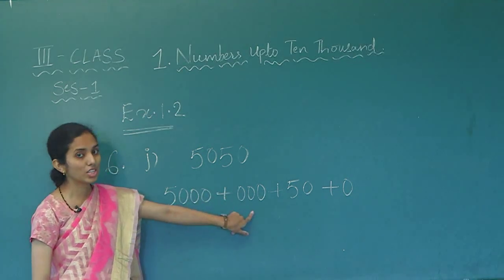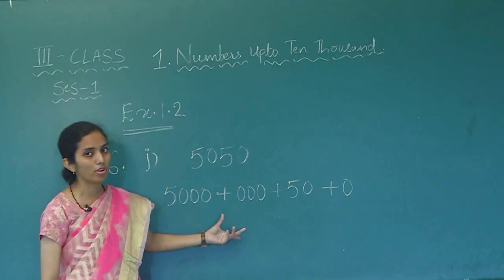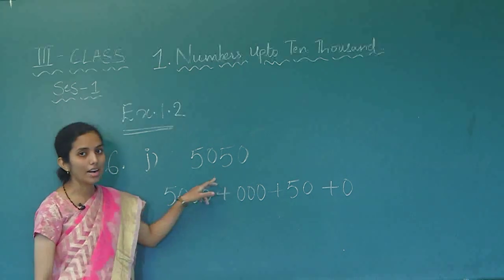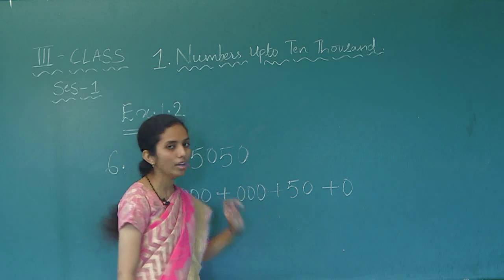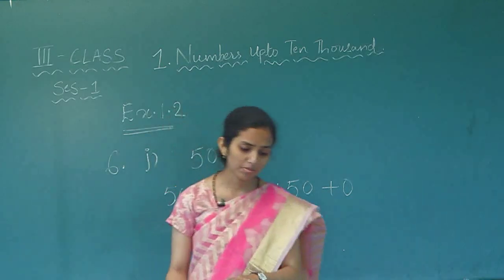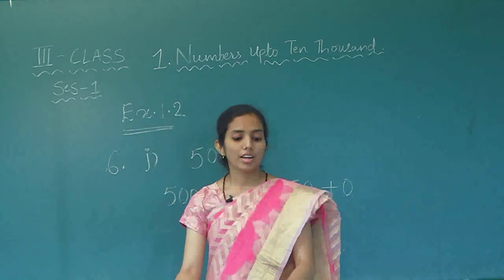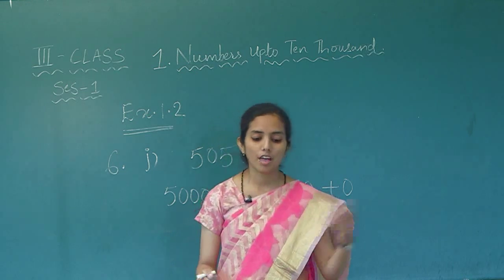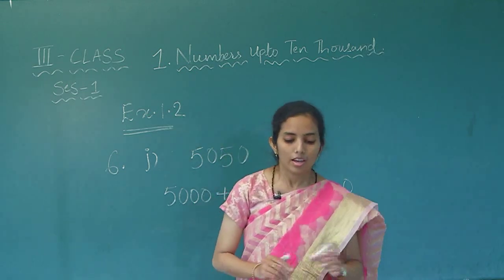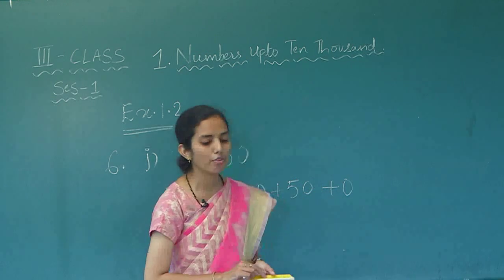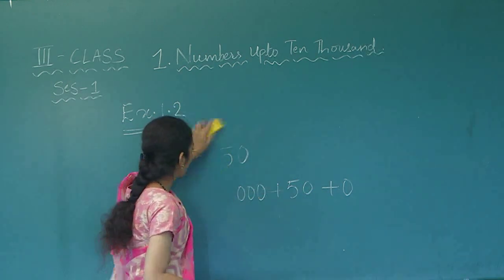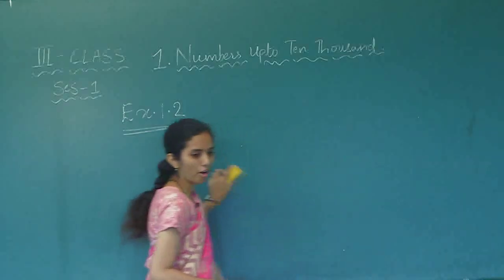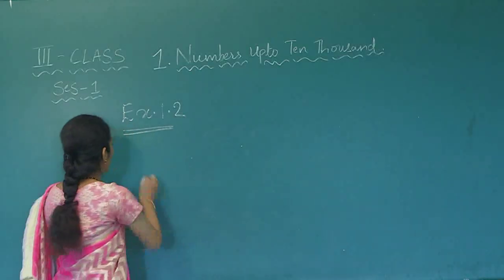So in this manner, you have to write zeros whenever the 0 is mentioned in the number. Why did I write 3 zeros? Why did I not write 2 or 4? Because the number is in hundreds place. So hundreds always have 3 digits. So I wrote the 3 zeros. In the same manner, the next question is, they have given us the expanded form. You have to write it in the standard form. 7th question. So expanded form is given, write in the standard form.